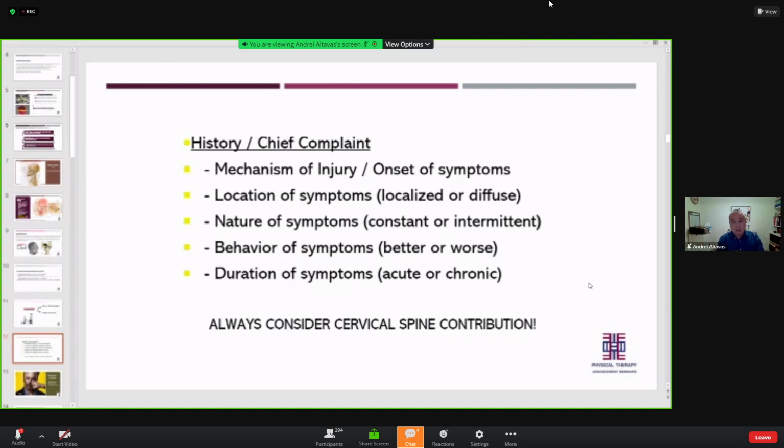Now if you have symptoms that are mostly constant, always there, whether when you wake up in the morning, it's felt in that area all the way until the evening, you have to look further into the patient's history to see if there's an inflammatory process or a degenerative process going on. These things will get you into a mindset of